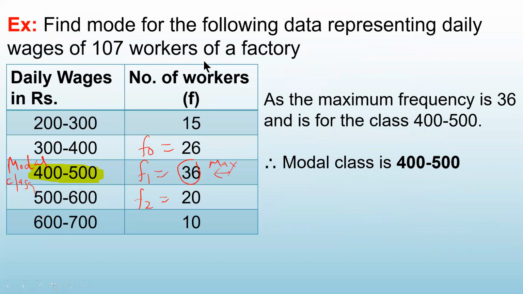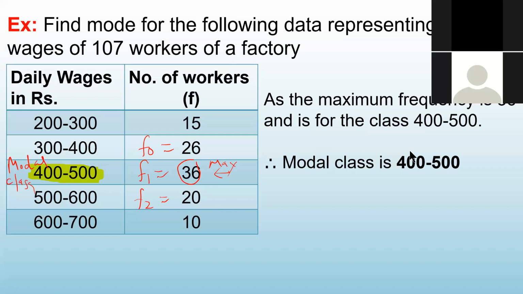Only 2 steps. Here you don't have to find out cumulative frequency, जैसे मीडियन में करते थे. आपको केवल फ्रीक्वेंसी का कॉलम देखना है, और जहां पर सबसे बड़ा फ्रीक्वेंसी है, मैक्सिमम, वो जो क्लास है, that is your modal class. Now once you have identified the modal class, what you have to do is apply the formula. Okay, formula आपको थोड़ा याद करना पड़ेगा, but once you do 3-4 problems, formula will automatically be fixed in your mind.